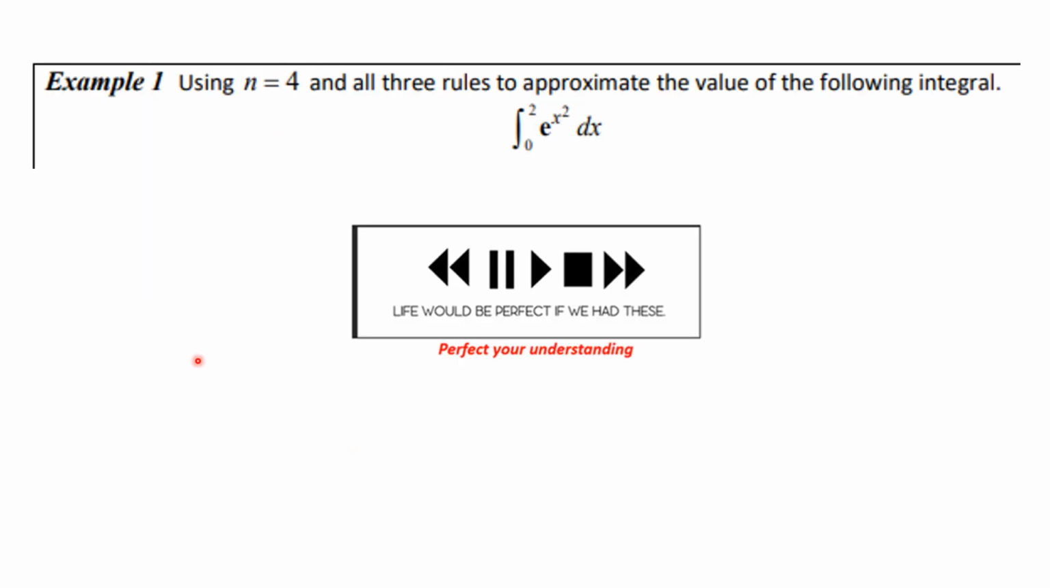So here's a problem using n equals 4 and all 3 rules, the midpoint rule, Simpson's rule, and trapezoidal rule: approximate the value of this integral, the integral from 0 to 2 of e to the x squared dx. There is no antiderivative for this. You know what to do. And we'll see how you do when we reach